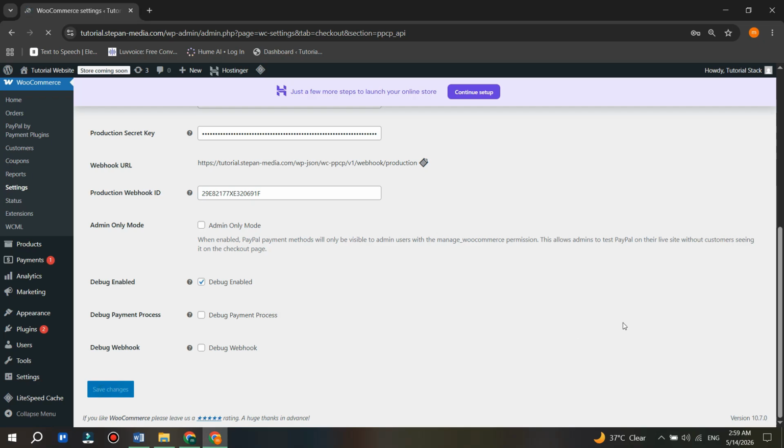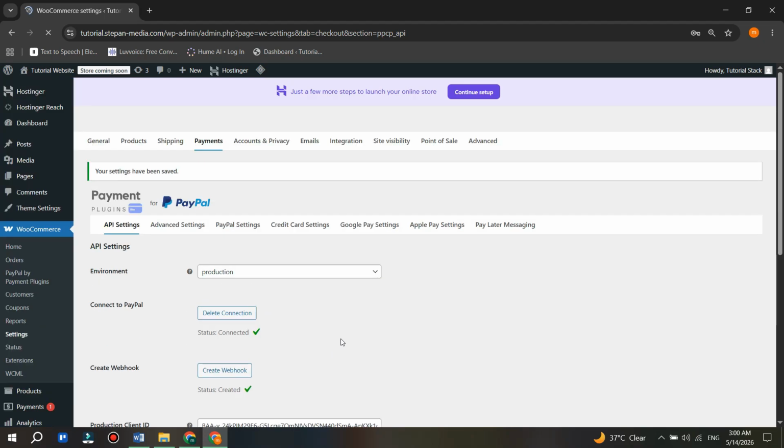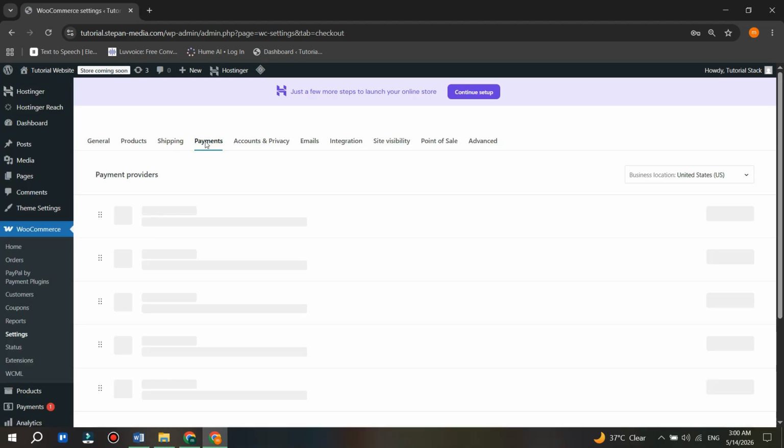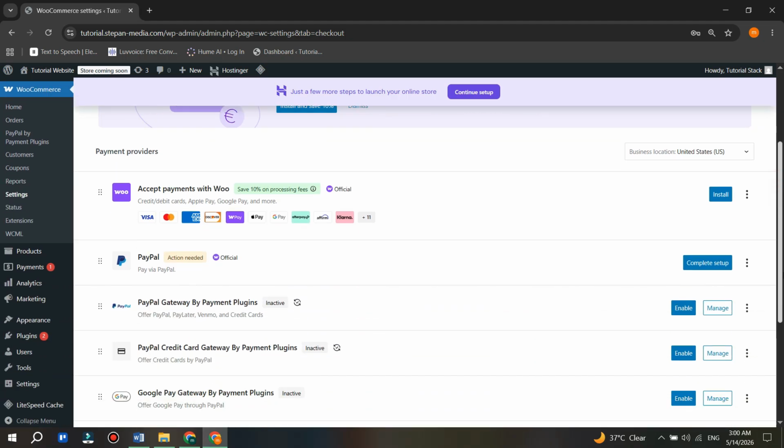Now you also need to enable the PayPal payment methods on your store. To do that, click on the Payments tab at the top. Scroll down until you find PayPal and enable it from the list of payment options. Then click Save Changes again to apply everything. That's it. Your PayPal payment method has now been added